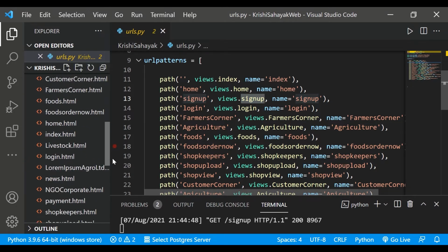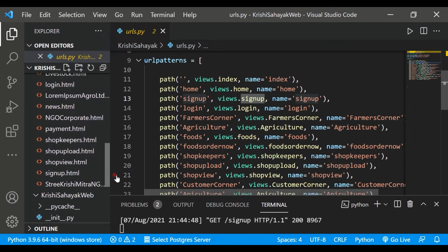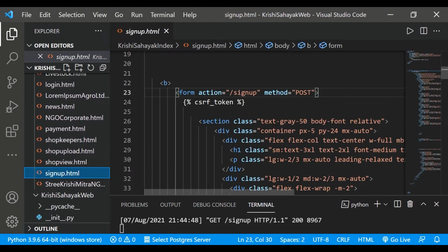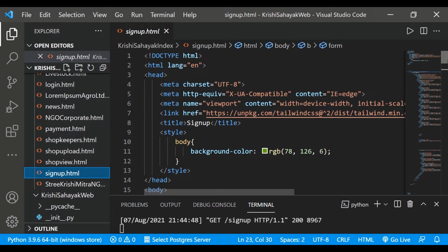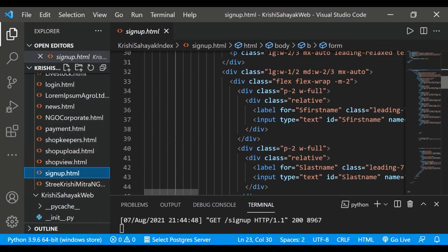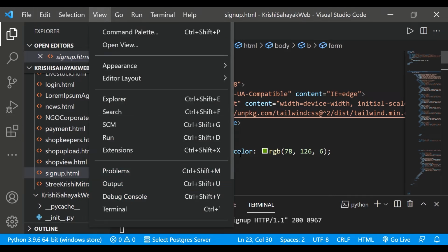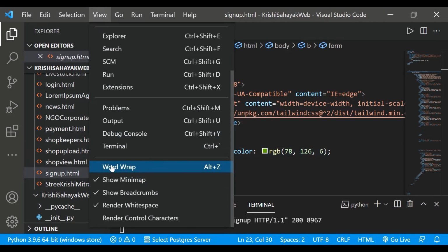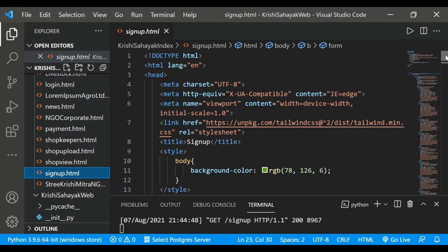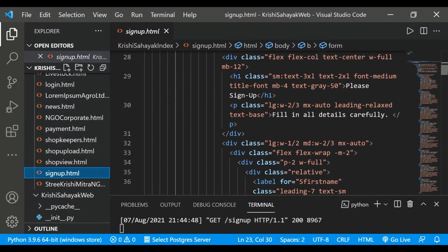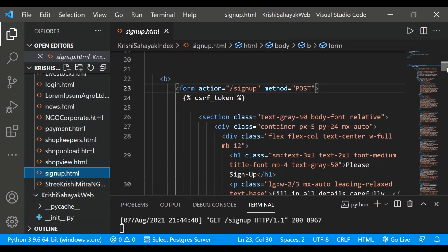So where is the signup.html page? We go to that page, and we see here that there is signup.html. This is normal HTML that has been written using Django templating language. There's a form, as we had seen.